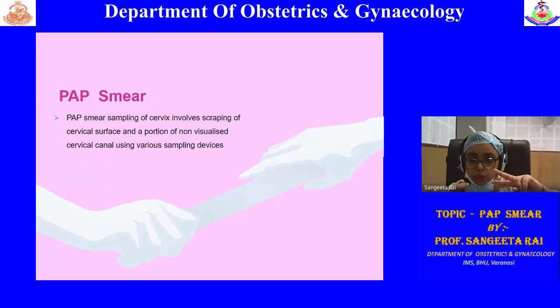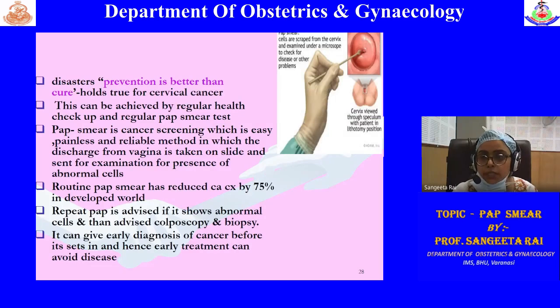Okay, that is the cytobrush technique, which samples the inside and the outer area that you can see by your naked eye, with the scrapings. So in these patients, two smears you need to do. But in the reproductive age group, only a single smear is enough because you can see the transformation zone so nicely. Now you can see in the picture that this is the transformation zone, and this is the external os.